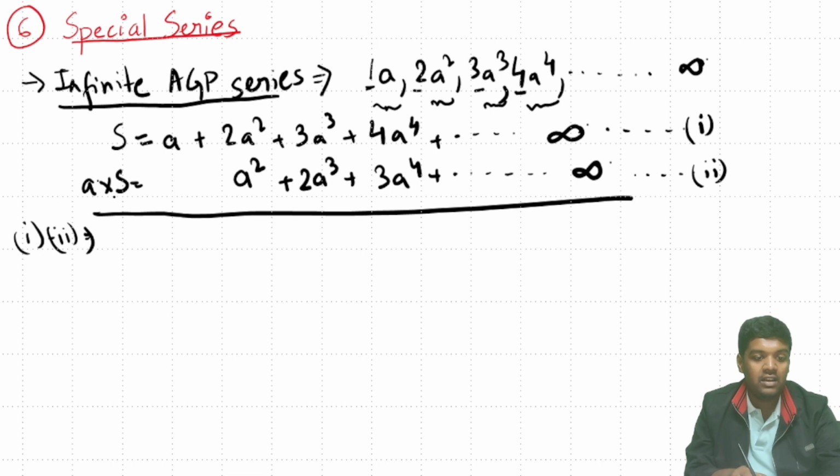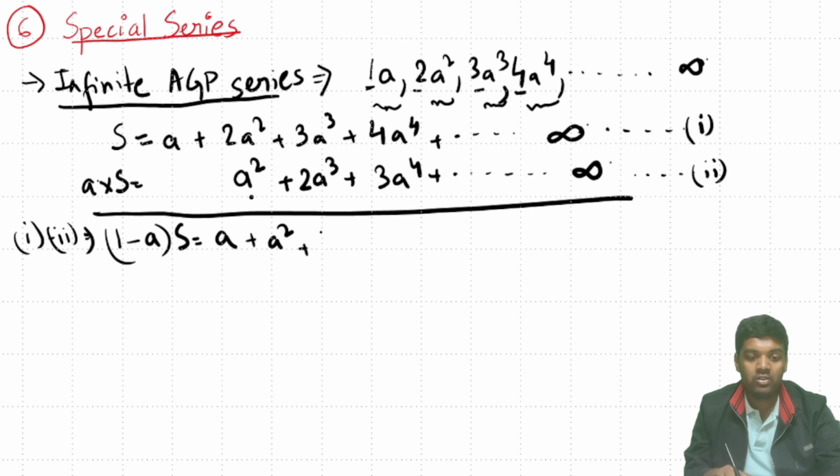We are getting s minus as is 1 minus a into s equals to a minus 0 is a, plus 2a square minus a square is a square, plus 3a cube minus 2a cube is a cube, plus 4a to the power 4 minus 3a to the power 4 is a to the power 4, plus dot dot dot till infinity. This implies that 1 minus a into s equals to, now a plus a square plus a cube